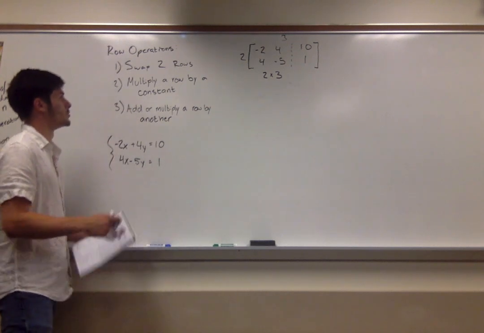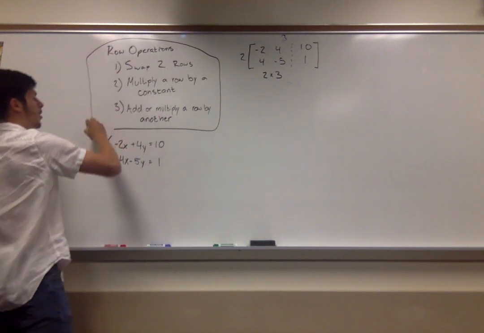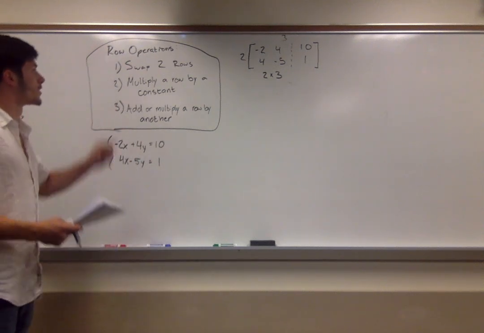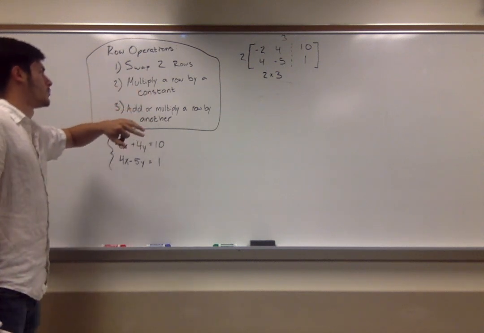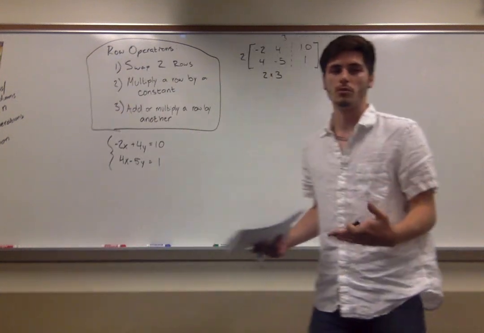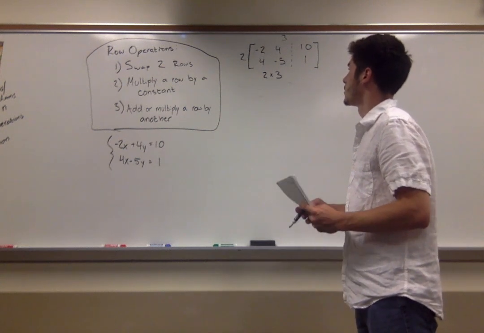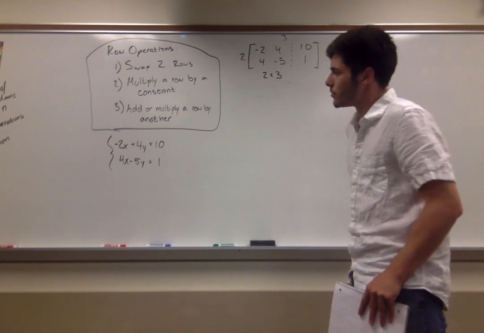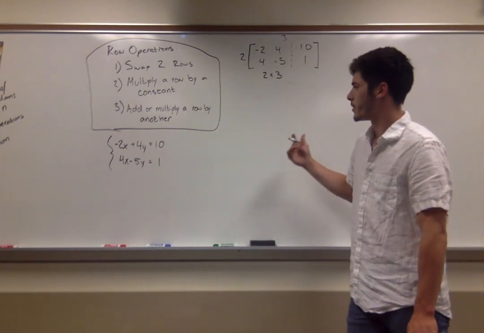Something else that we'll be using a lot of is these row operations. So as you can see, we have 3 row operations. We can swap 2 rows, we can multiply a row by a constant, and we can add or multiply a row by another. You'll see why we might use these, but I'm just showing you the tools that we can use before we get going on this project. So our project is going to be to solve for these variables, and how we would do that, like we saw in the examples, was kind of isolating each variable on its own